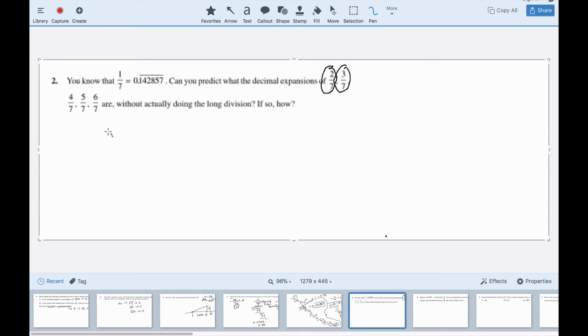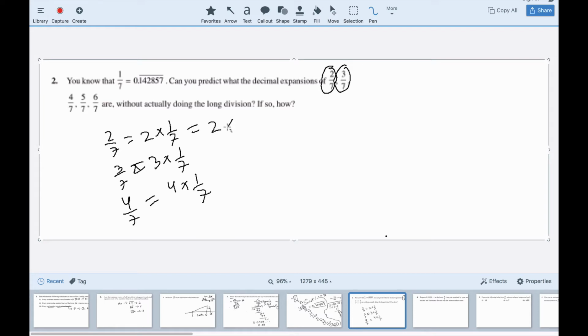We can simply write 2 upon 7 as 2 into 1 upon 7, and 3 upon 7 as 3 into 1 upon 7, 4 upon 7 as 4 into 1 upon 7, and so on. So I can multiply 2 into 0.142857, put a bar here,